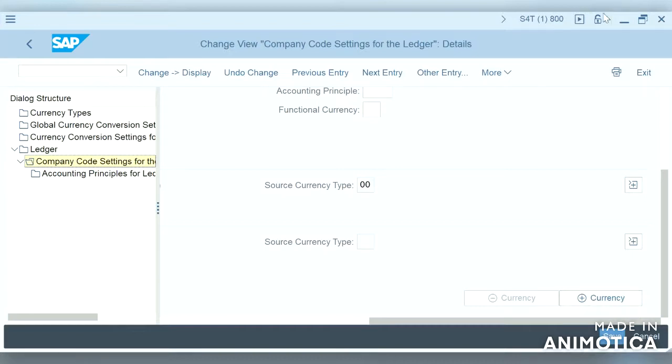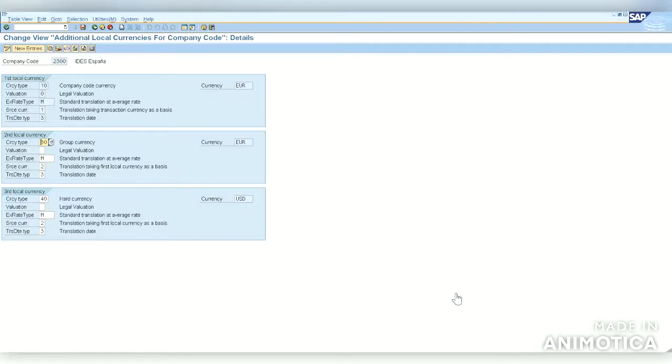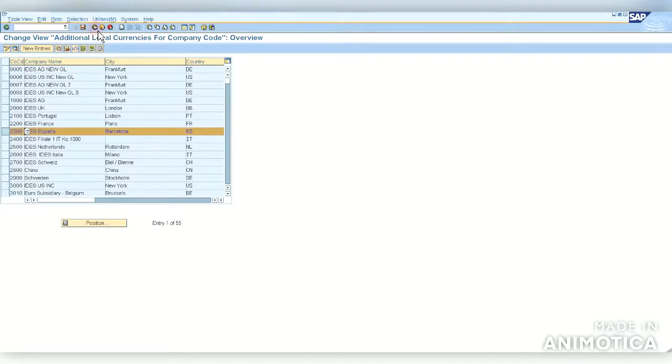But in ECC, we can add only up to 2 currencies, which are group currency and hard currency. In addition to the company code currency, we can add only group currency and hard currency, but it was increased to 8 currencies in S/4HANA.